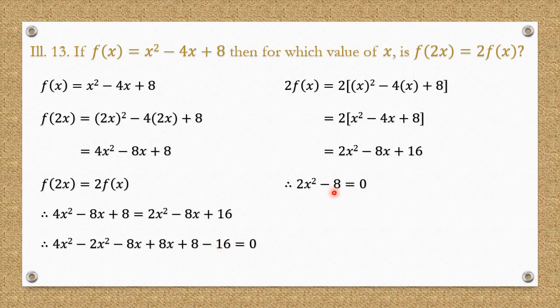I am going to divide both the sides by 2, so I will be left with x square minus 4. Change the side of 4, it becomes positive 4. x square is equal to 4, so when I take the root of both the sides, I get x is equal to 2, but it could be positive 2 or it could be negative 2. That means whether I take x is equal to positive 2 or x is equal to negative 2, I will get the same result, that is f(2x) is equal to 2 times f(x). With this,